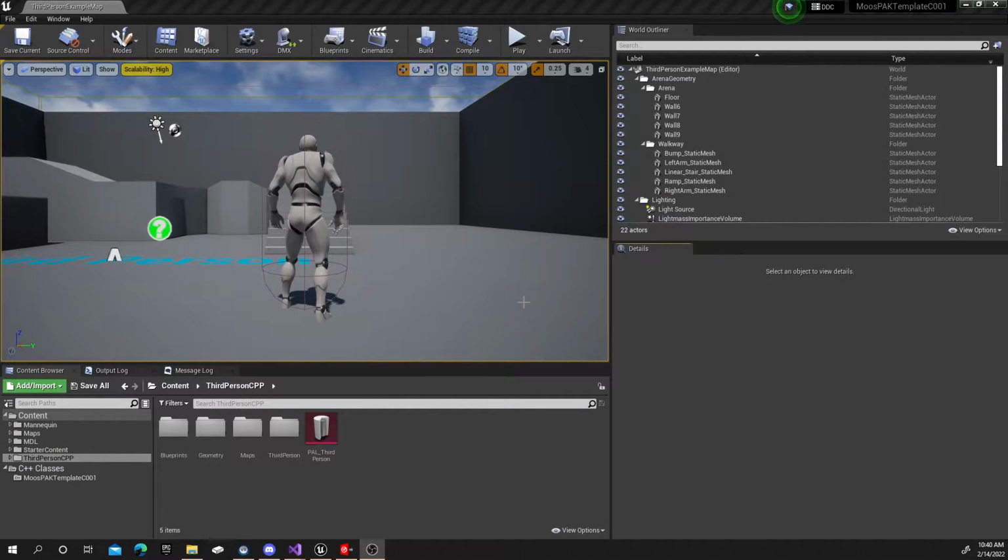And good morning. The purpose of the video is to start helping you all become comfortable with using the Moose template. One of the things is that by default, it opens this third person template and you've got this default mannequin that shows up. I'm going to give you some pointers and hints on how to set your template so that you can start at the place you want to be and test at the place you want to be using the avatar